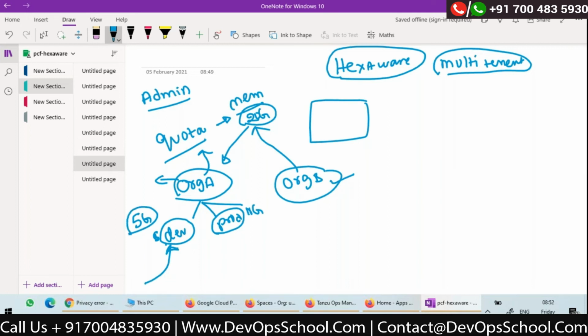So we are logically dividing our whole infrastructure into organizations, and each organization is allocated some quota. Now, let me show you.